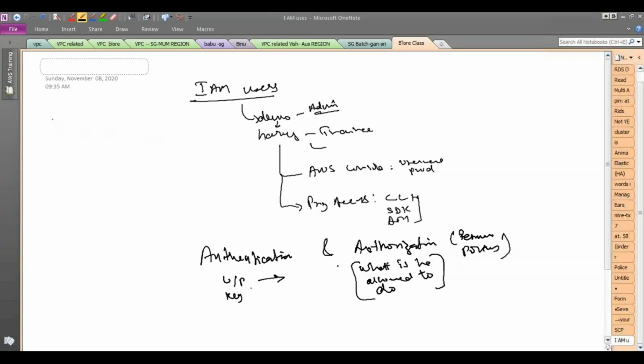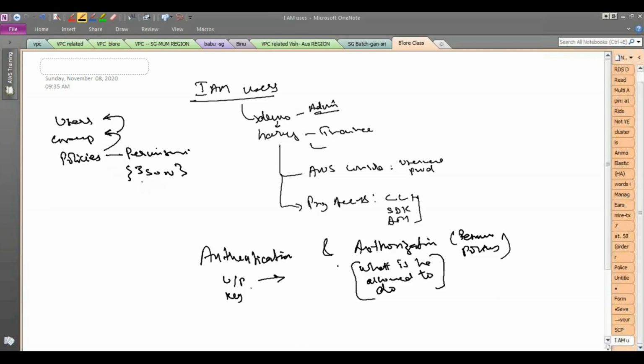right? So in IAM, these are the basic things. You have the users, you have the groups, and you have the policies. The policies are basically the permissions which you define. They are defined in a JSON document, right? So you create some policy and you attach it either to the group or to the user, basically,